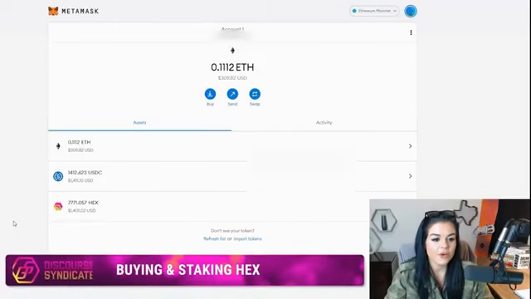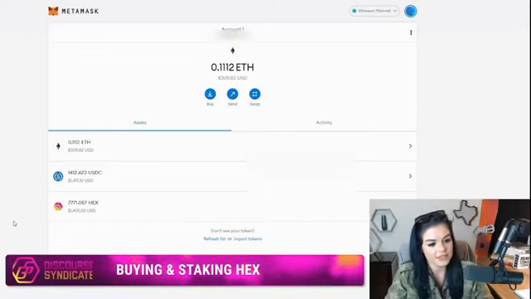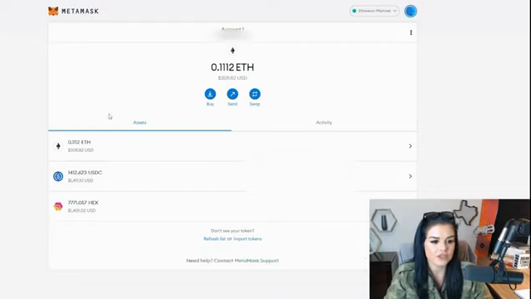Okay, if you look here, we are in my MetaMask wallet, and you'll see we have some Ethereum, some USDC, and some Hex. One thing I want to note is that when you first create your MetaMask, you are going to want to use Ethereum because that's going to be required to do all of the transactions on the network. So if you already have Ethereum in your wallet, you're good to go ahead and transfer the USDC from a major exchange because you won't incur as big of a fee. But if it is your first time, you'll want to use Ethereum just so you have that to do the